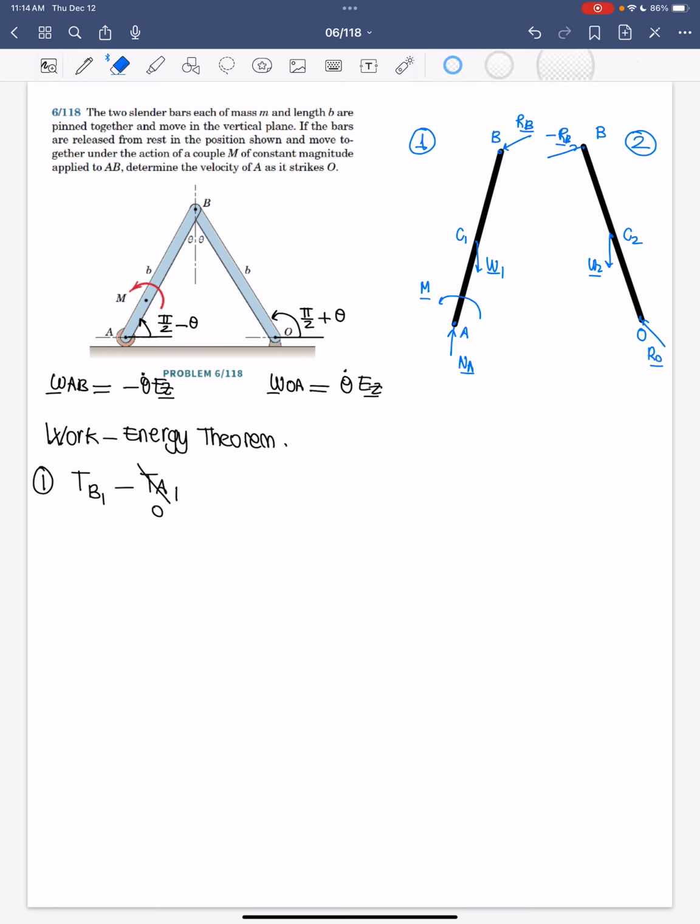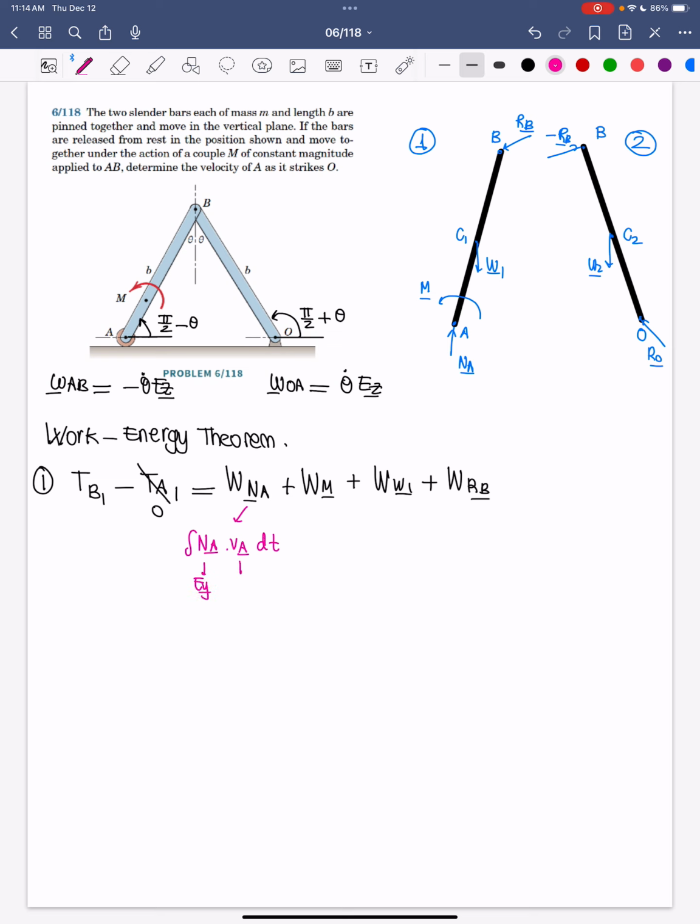TB minus TA is equal to the work of NA plus the work of M plus the work of W1 plus the work of RB. Very well. The work of NA is the integral of NA dot VA dt, and we notice that NA is along EY, VA is along EX, hence this dot product is 0 and the work of the normal force is 0. The work of the moment is the integral of M dot omega dt